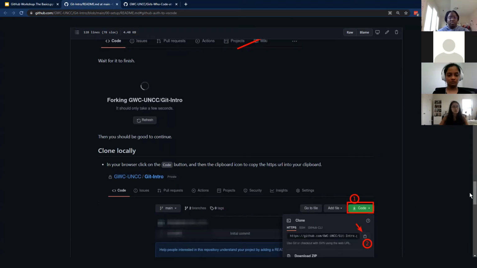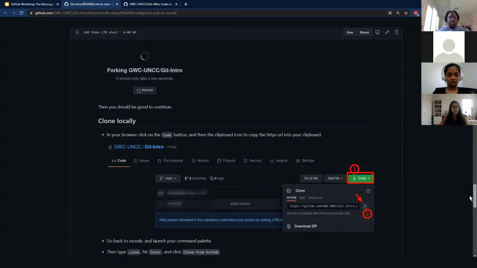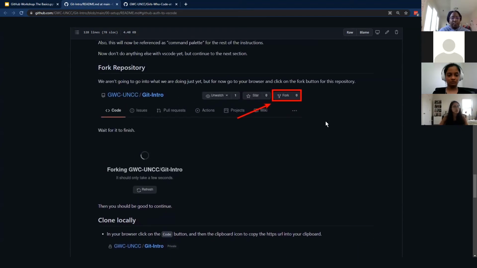If you're already a GitHub user and you have organizations that you're also a part of on GitHub, it might ask you where you want to save it. So you can choose where to do that. But if not, it should automatically save to your personal workspace. But essentially what we're doing, forking, is going to make a copy of this project in your own account. So you will have a repo named Git Intro, but it'll show your username up here instead of the